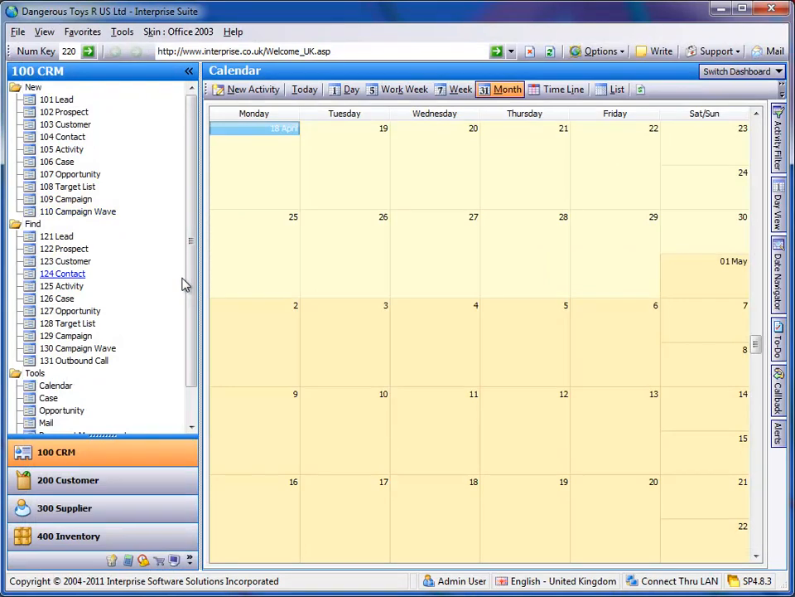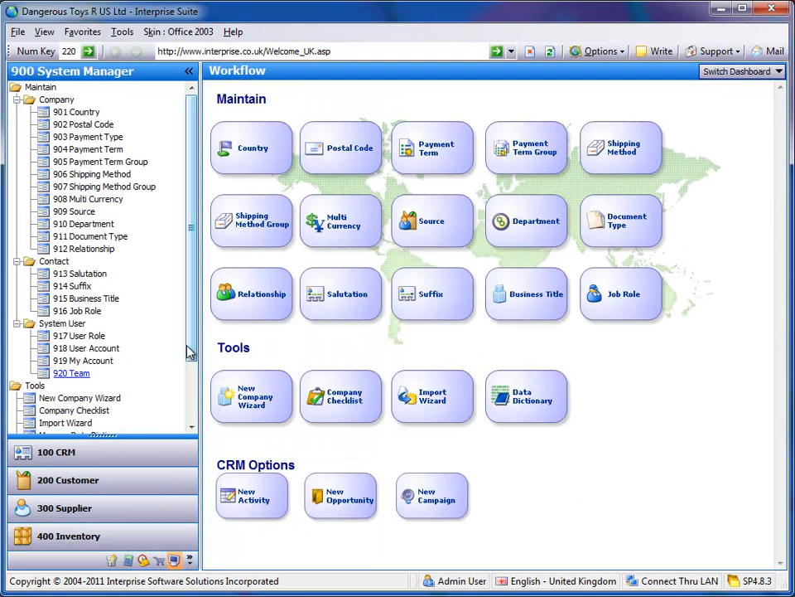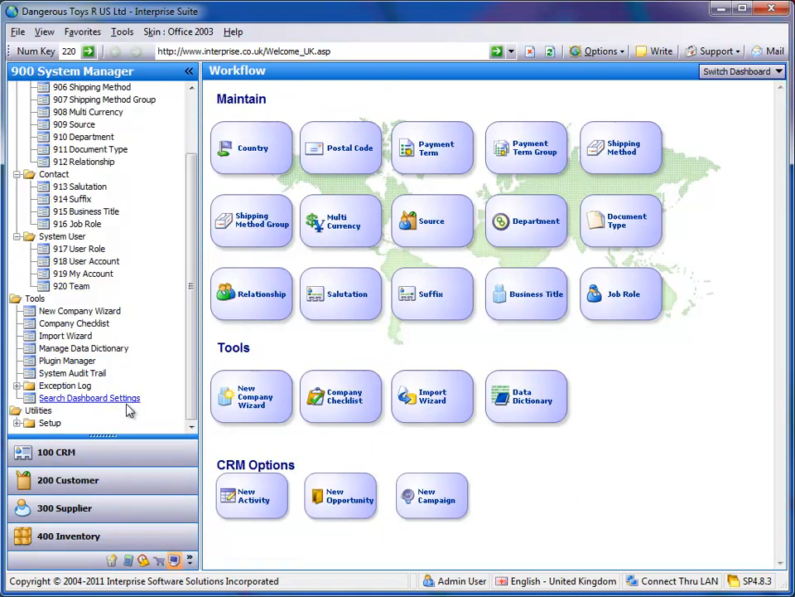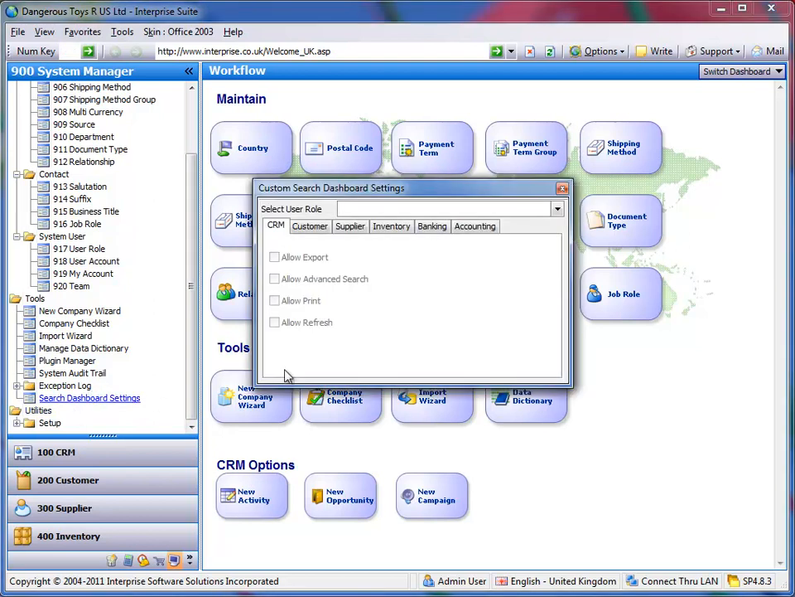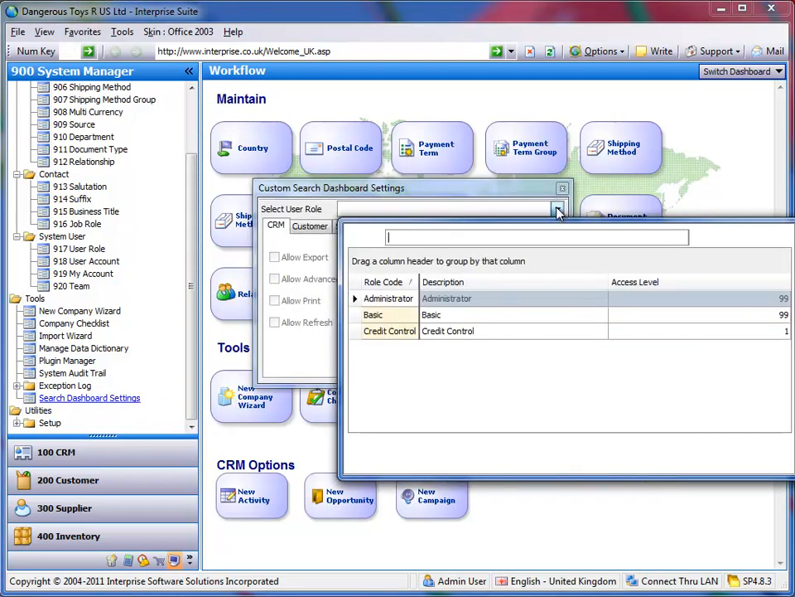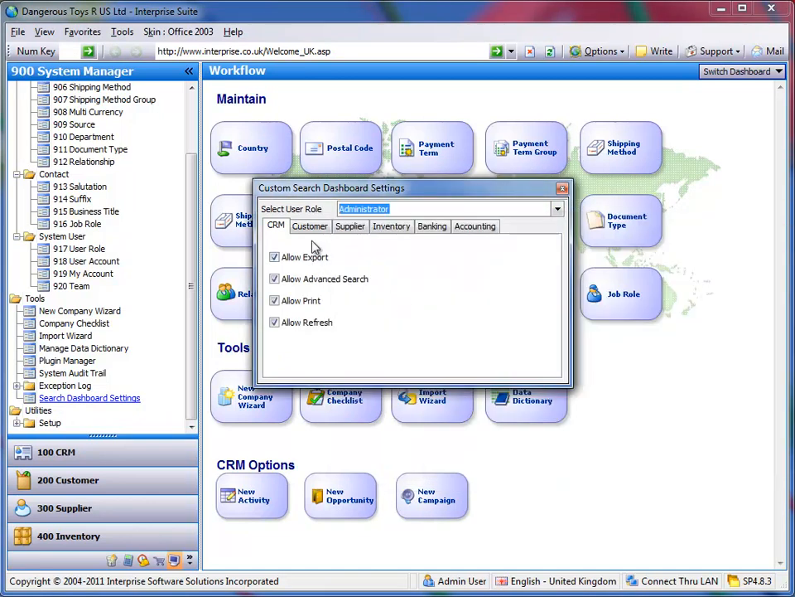Okay, second thing that we've done, to improve security on the system, we've now got an additional option in System Manager. Okay, it's hidden as standard, but you can unhide it in the user role setting, and that's called Search Dashboard Settings. And what this enables us to do is pick a user role and then untick these four options. So this is the export button that we see on the Find screen, the Advanced Search and the Allow Print. So if I just untick those,